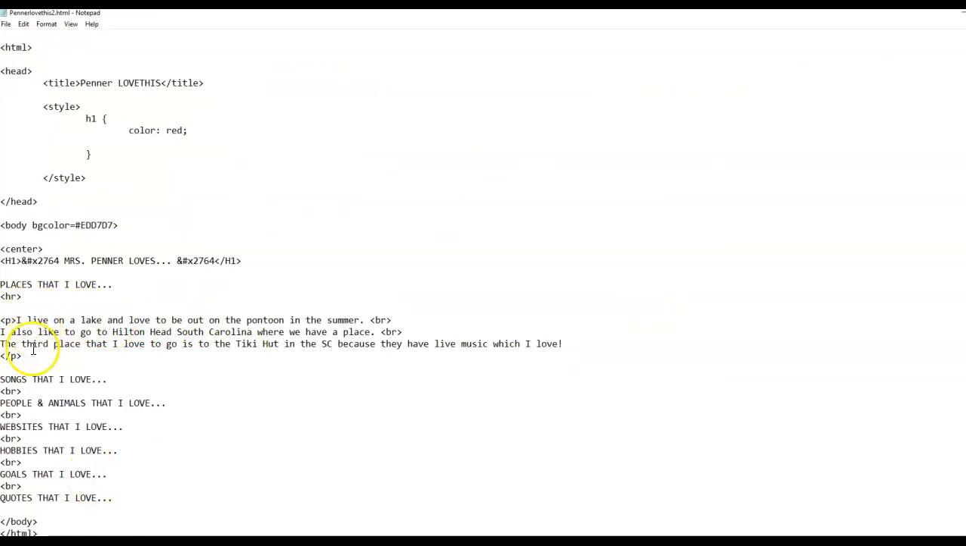Okay, we had some paragraph tags, the horizontal rule, the H1 tag. We had some symbols here. There's code for symbols, and we use the style tag. Okay, so now we're going to do a little bit more styling. Before we do that, make sure you have three sentences here about places that you love, and then under songs